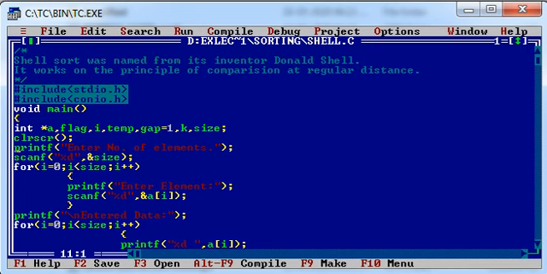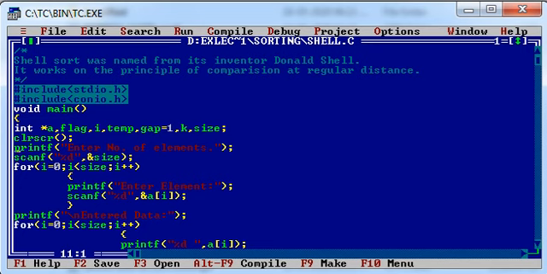If there is no swapping while comparing the elements at regular interval, we are dividing the gap by 2. That will reduce the interval in half.